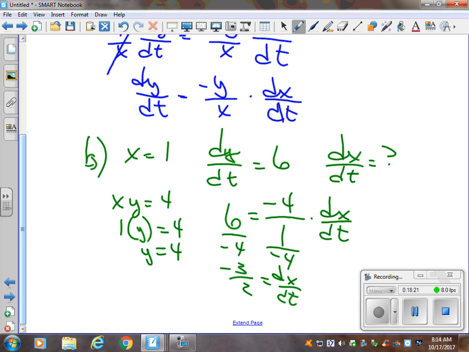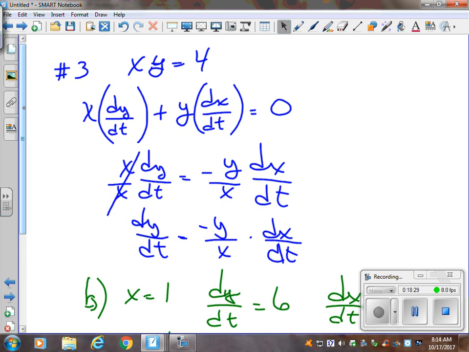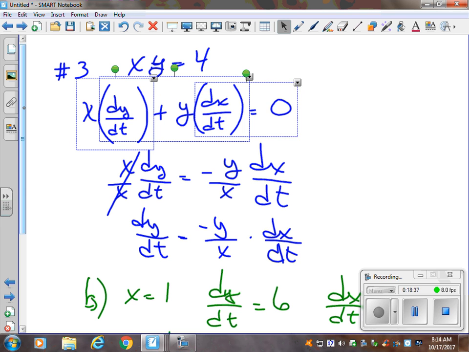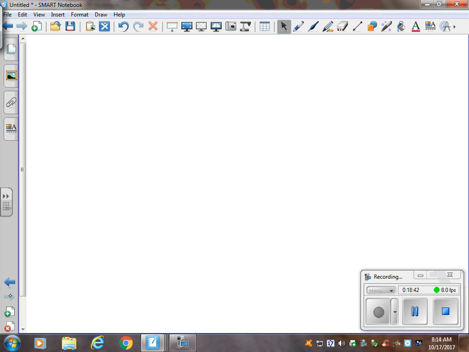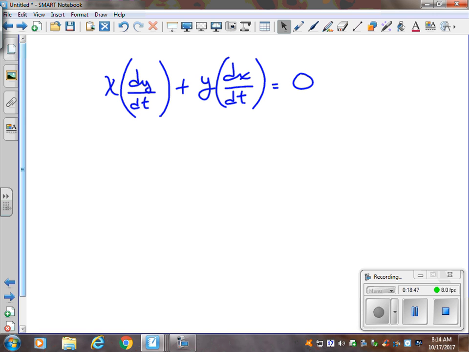Okay, on part C, I'd like to go back up here and show you an example of what if I had not solved this. So I'm going to copy that to the next page, because I want you to see that you don't have to do that, and you can decide sometimes not to do that ever if you wanted to. It is not required that you solve that for dy over dx. A lot of times your formulas are too hard to do that. And so I thought it wouldn't be a bad thing to just show, what if I had not done that,